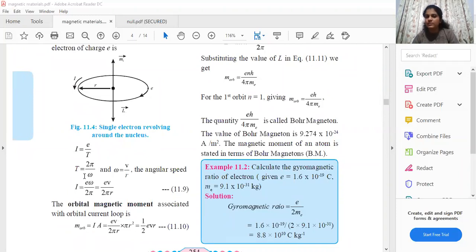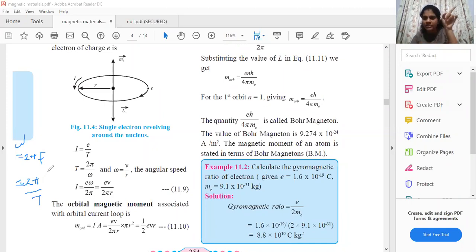We all know that omega is nothing but your angular velocity, right? Omega is 2 pi f. Yes or no? I'll write it down. Omega is 2 pi f, and instead of f, if I put 1 by T, so omega will become equal to 2 pi upon T. You can note this down as well. Here on the side you can write: omega is equal to 2 pi f, and f is nothing but 1 by T. So omega is equal to 2 pi by T.